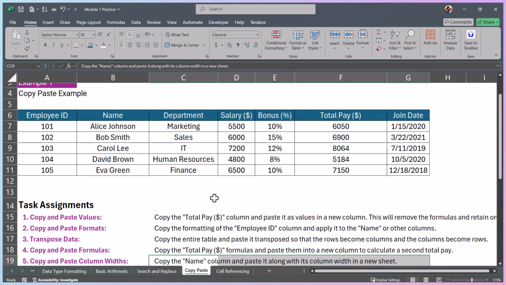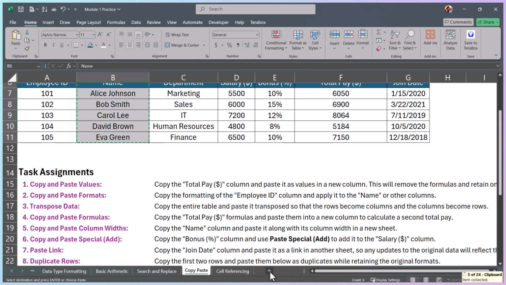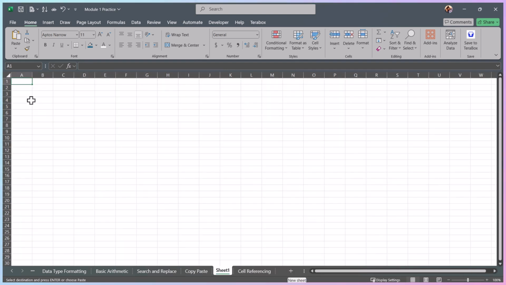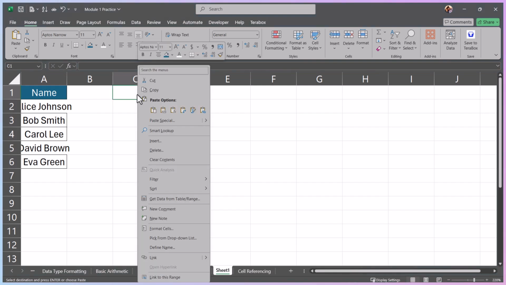Okay, so let's copy this column with name. Now when we are going to paste it in a new sheet, just create a new sheet by clicking on this plus button. Now you can see if you just paste it with Ctrl V, it will not be taking the column width as it was in the source. But if you paste it like this,